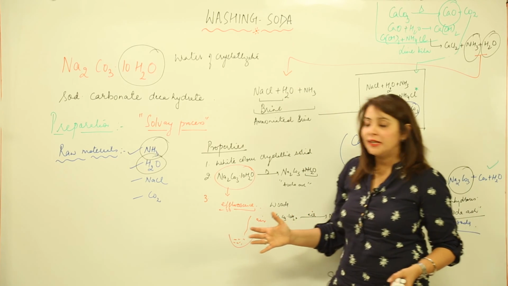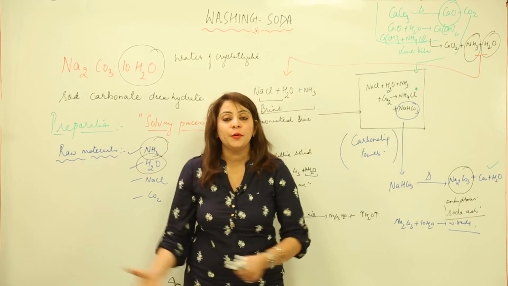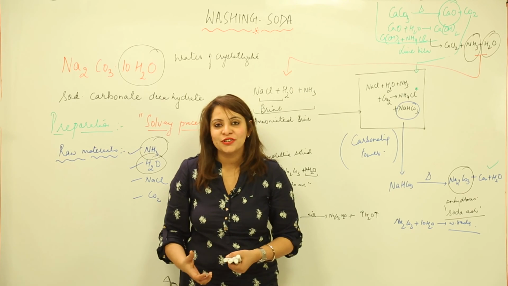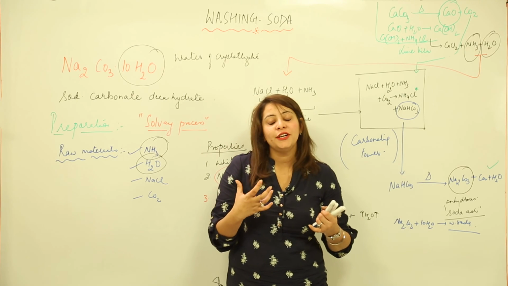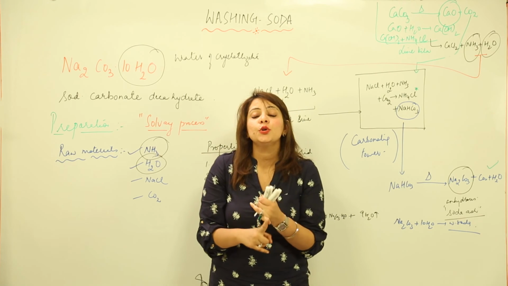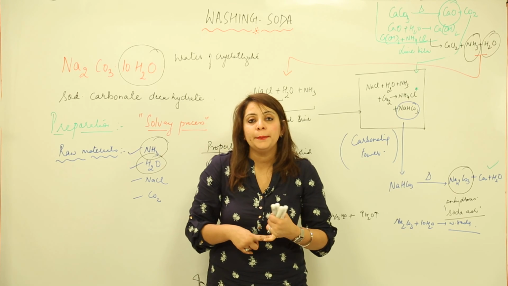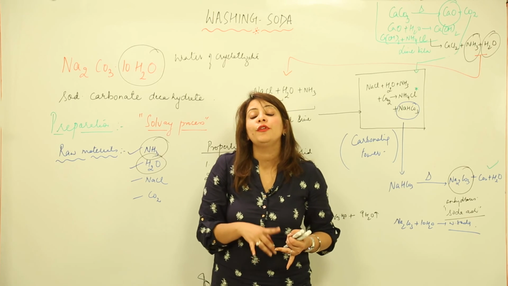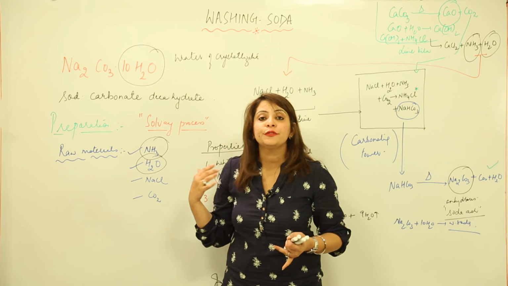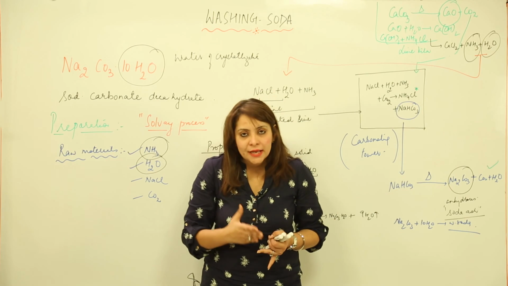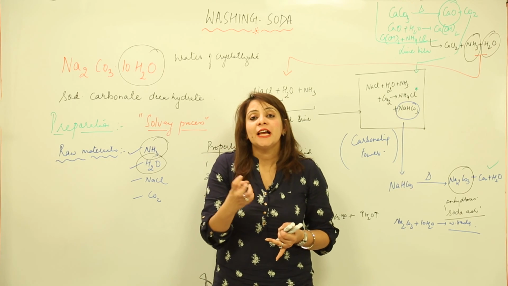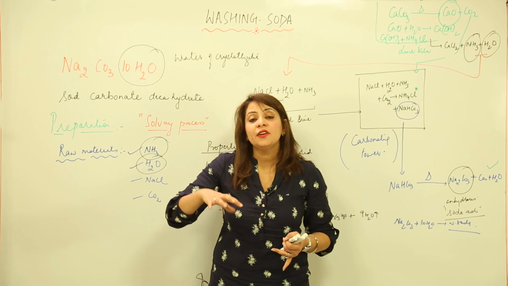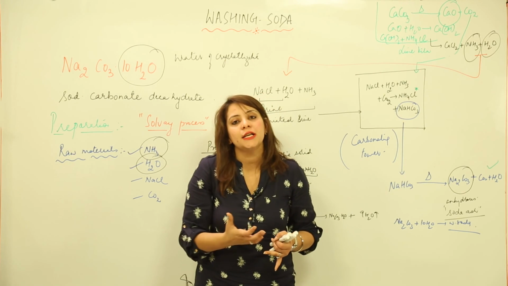So these are the properties, and now that you are familiar with the preparation and properties, you must be wondering where this important chemical compound is used. It contributes to many industries: it is used in the preparation of glass, paper, and in the soap industry. It can also remove hardness of water, which is particularly due to calcium sulfates and magnesium sulfates or calcium chlorides or magnesium chlorides. It can react with them and remove the hardness of the water.